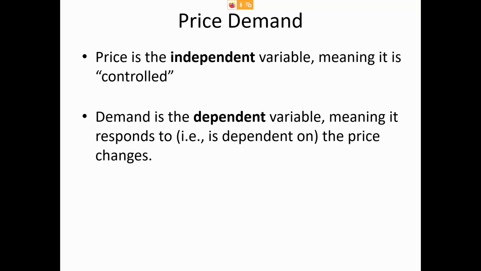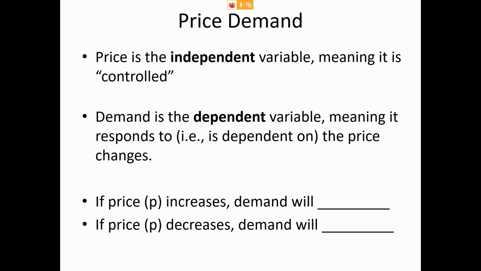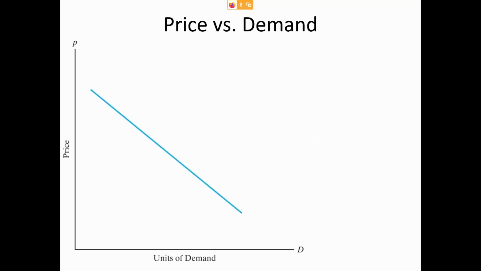So in this relationship, if the price increases, we know that demand will decrease. But if you have an item that you're trying to sell and you decrease the price, then the general relationship is that demand will increase. And if we graph that relationship, here's a typical expression for what the price versus demand relationship looks like. Now, in this case, the blue line is linear. It's not usually a linear relationship between price and demand, but this is just a simplistic conceptual